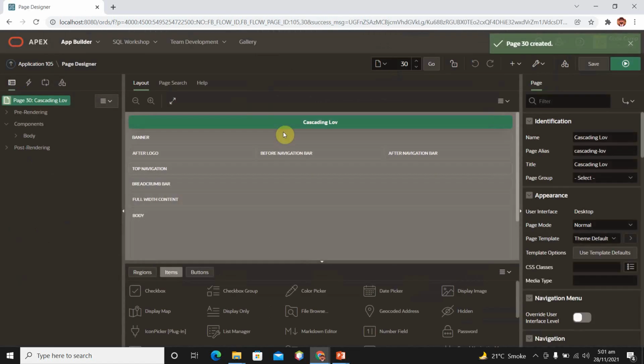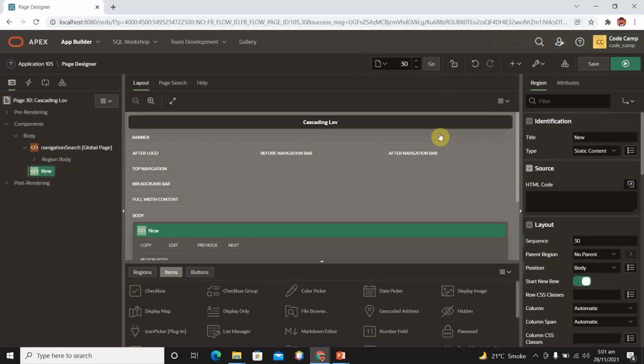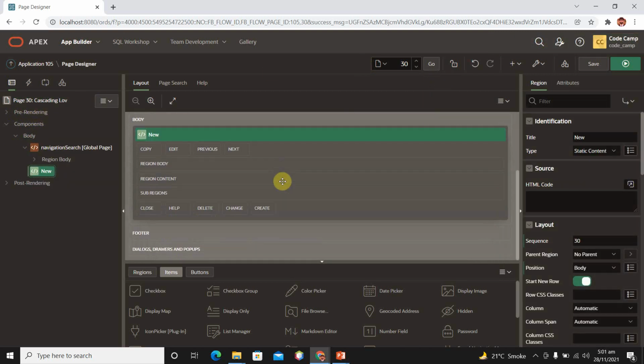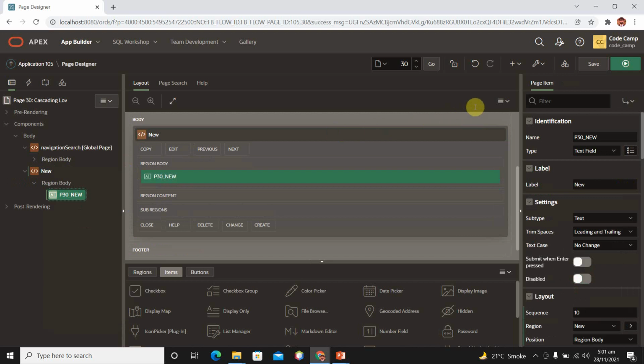So here we have our page. Let's create a new region over here, and then we want to create a new page item over here. Create page item.